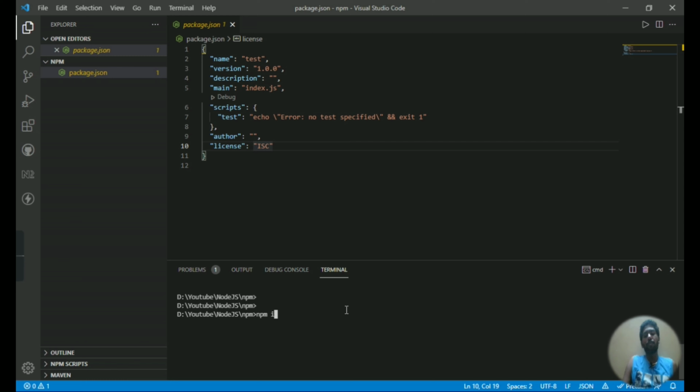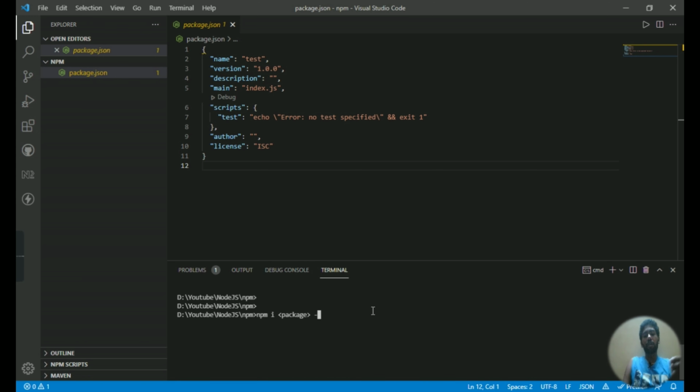To install and uninstall a package from npm, it's a simple command like npm install, or you can just type i with the package name. This will install the package in our current project or folder structure. Once it is installed, you can see that specific package in the dependencies. As I said earlier, we have two kinds of dependencies. To install in dev dependencies, you use the flag --save-dev. This will install that specific package in dev dependencies. If you remove the -dev, then it will get installed in the dependencies section. So this is how the installation gets saved in the specific section.